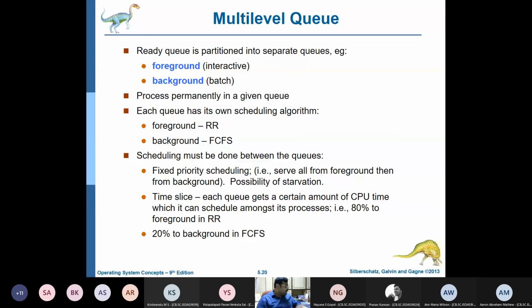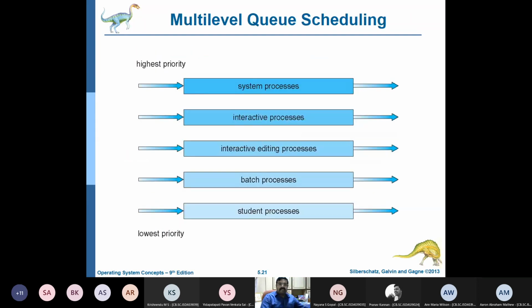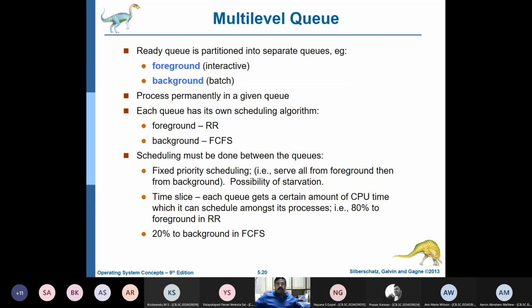And finally, we can have what is known as a multi-level queue. The ready queue can be divided basically into two parts, a foreground and a background. In the foreground, we can have one set of algorithms, and in the background a different algorithm.